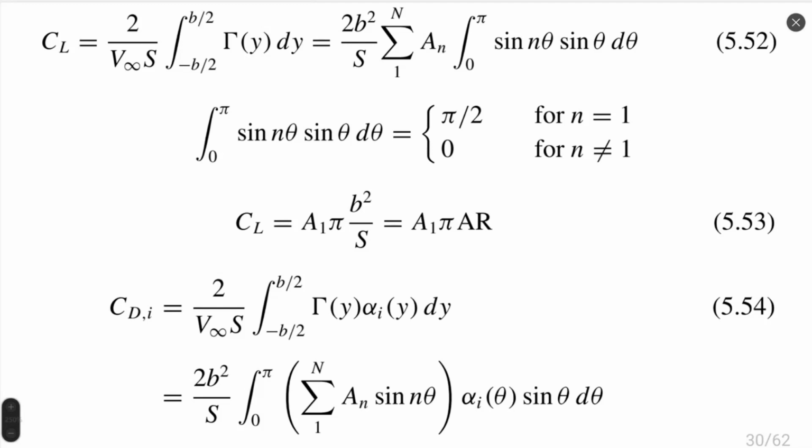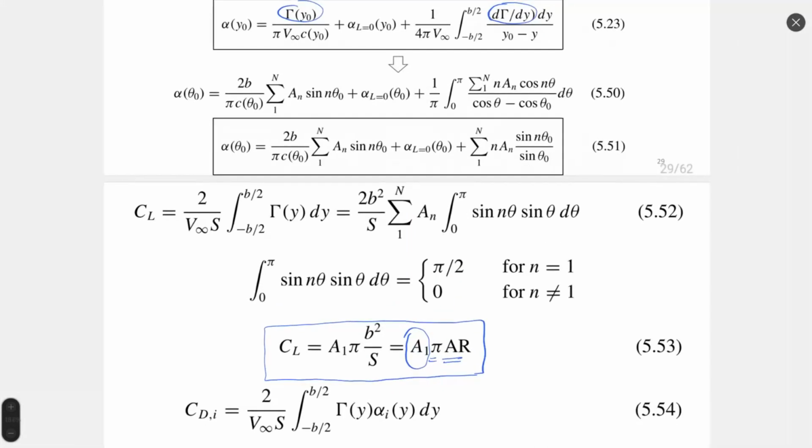It would be the function presented here in equation 53. This function is proportional to aspect ratio. The higher the aspect ratio, the higher the lift. It is proportional to pi and proportional to A1, which is the constant once we solve equation